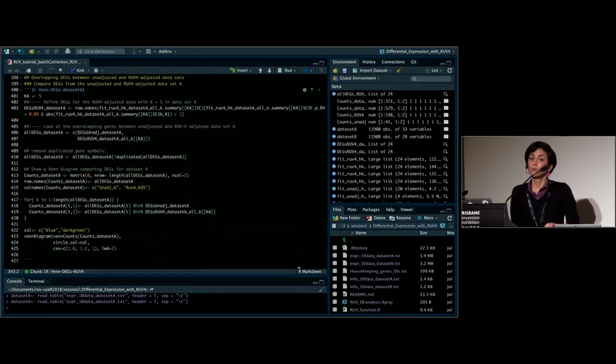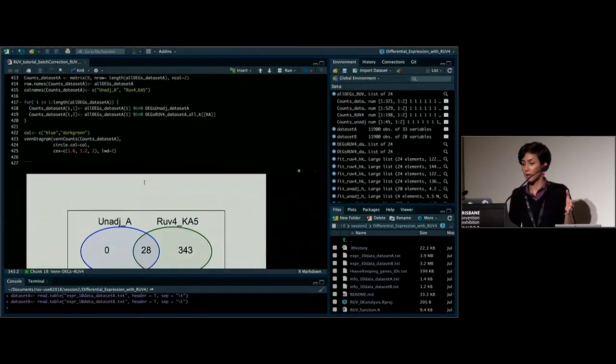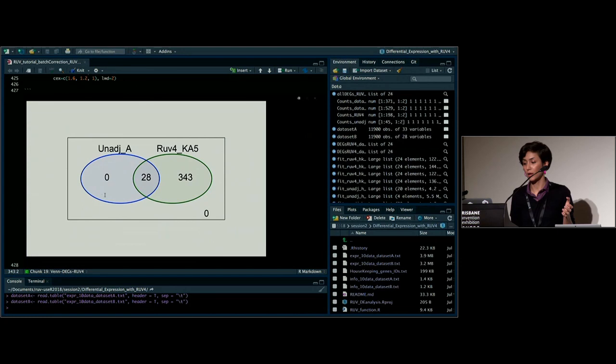We can also look at each of the datasets separately. We can look at dataset A, because on dataset A we had an unadjusted version and we had an RUV4 adjusted. And we can also look at dataset B separately and then see what would be the overlapping number of differentially expressed genes if we do unadjusted or RUV adjusted in one dataset. And so this is an important message coming from the plot that we look at, because this is unadjusted and RUV4 adjusted. You can see that the number of genes that we get as differentially expressed is very different. So it means that